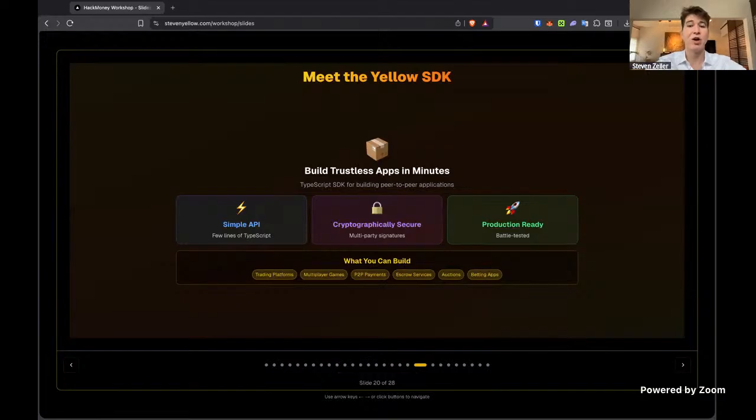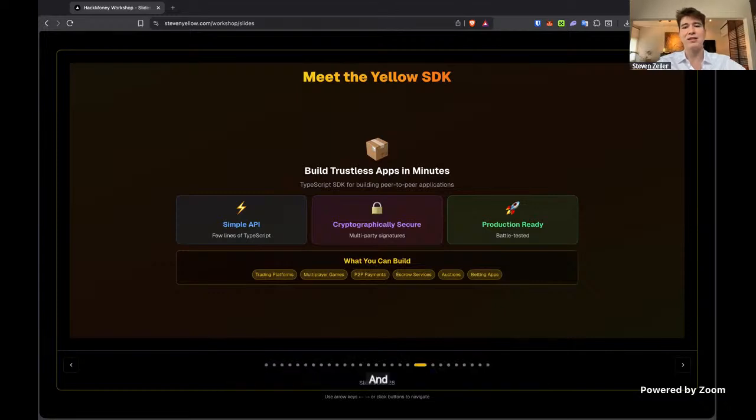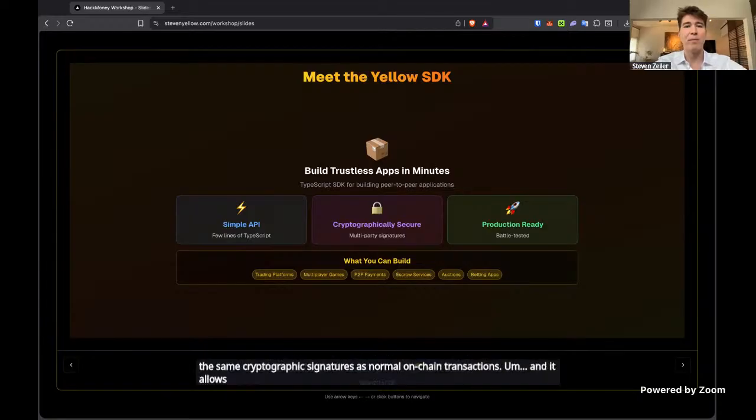All right. So the Yellow SDK makes all of this possible and easy. And it's built on the same principles as on-chain transactions. It uses the same cryptographic signatures as normal on-chain transactions. And it allows for multi-party applications with multi-signature.